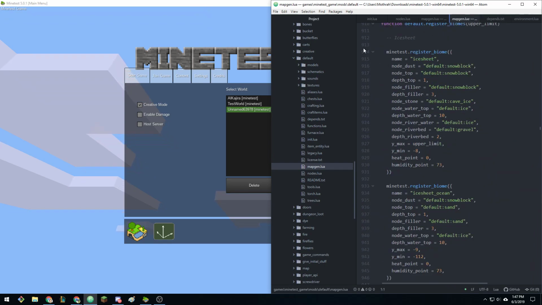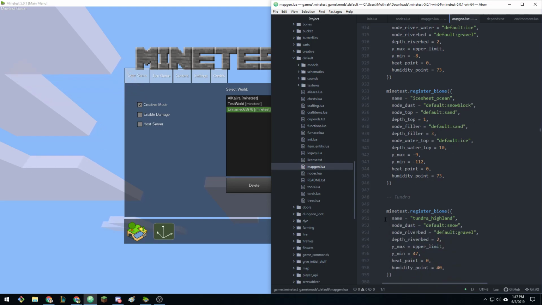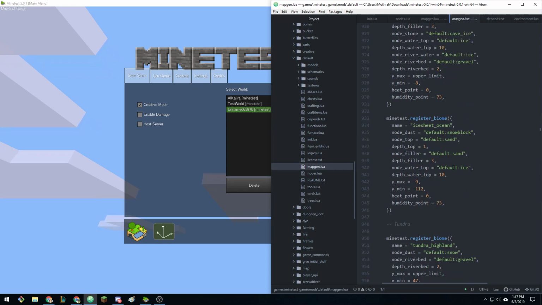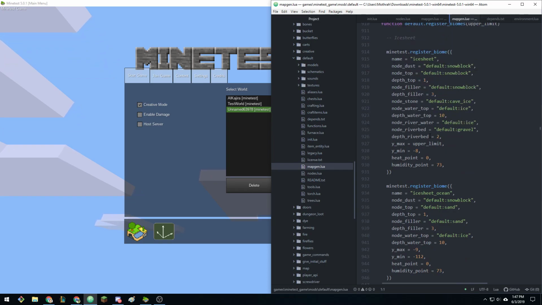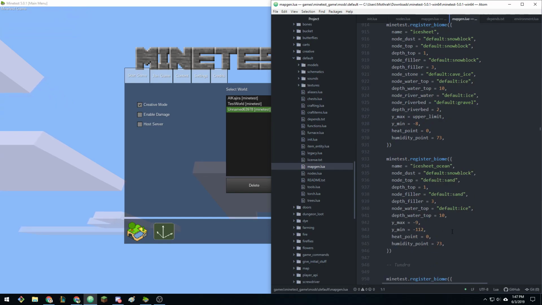Okay, ice sheet, max and min. But see what that does is it sets this ocean down here. I wonder if I would want to do a max like this of upper limit and a min of negative 12, heat 0.0, humidity 0.73. Okay, so we're going to try this for our,